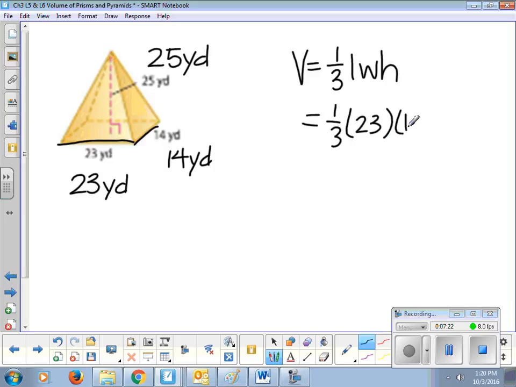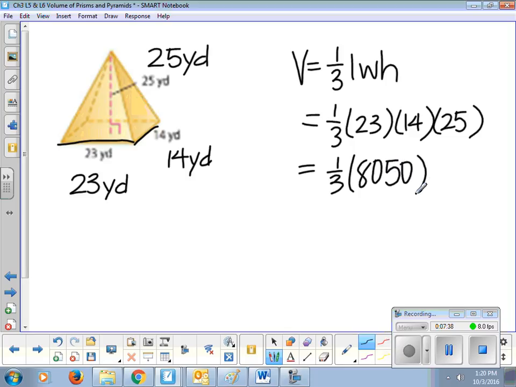My width is 14. And my height is 25. So I'm going to multiply 23 times 14 times 25, and I get 8,050. I have to take that value and divide by 3, and I get